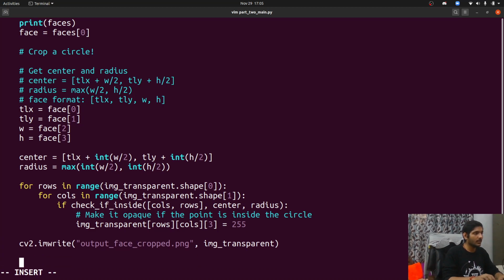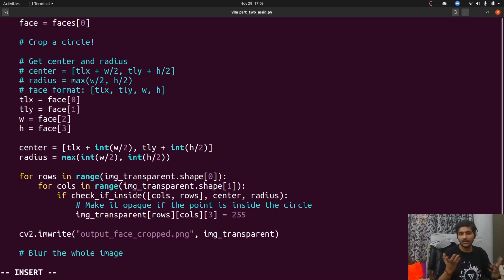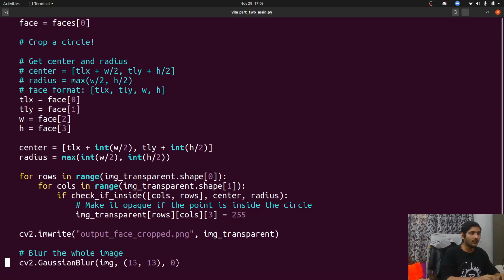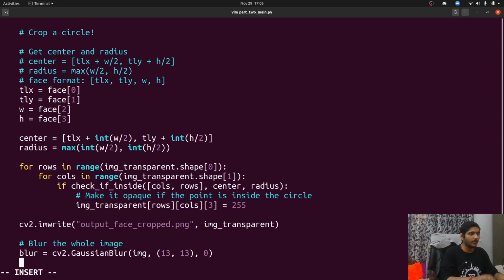Okay, I'll do it here. First of all, we have to make sure that we blur the whole image. How do you do that? We have discussed this before, right? Let's take the image and pass the kernel size. I'm going to pass 13 comma 13 for now. You can reduce it, of course. 13 comma 13 is too much, but I'm just going to do this so that people see the difference. Okay, and I'm going to store it in blur output.